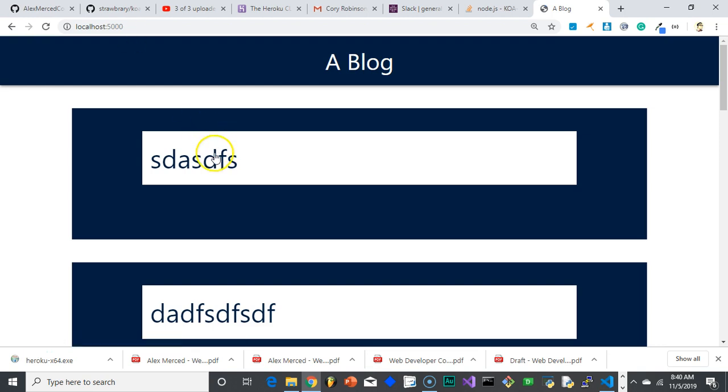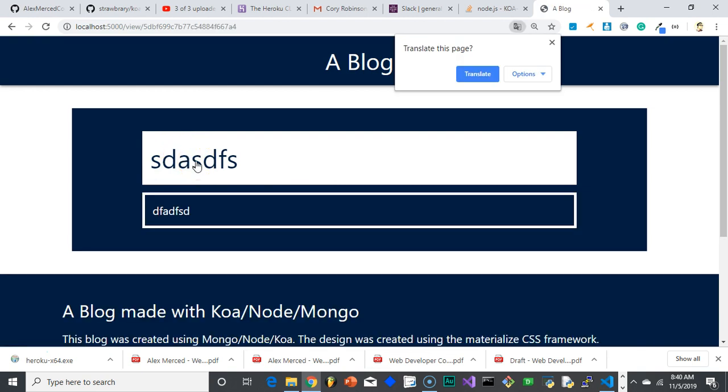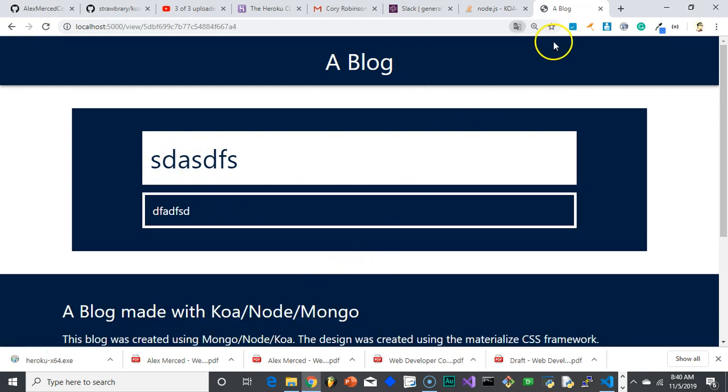Okay, and it works. And then here are all the different blog posts. So again, I just made it where in the screen you're just seeing the title. So if I click on it, it takes me to the individual blog post item. Nice, no error. Okay, now if I want to go to the admin page that we created,